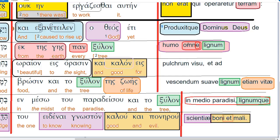But the homoum in, the samum in alignum, the fulcrum visuit ad. They're right in their way where they're trying to put my ad up there. It's what the media does. When you're trying to watch something, they're going to put an ad up there in front of you. In ascendum is suave alignum, is a good alignum met with vites, with life. In media parodies alignum, so they're aligning the parody in the medias with the science of the good and evil, the ancient science of